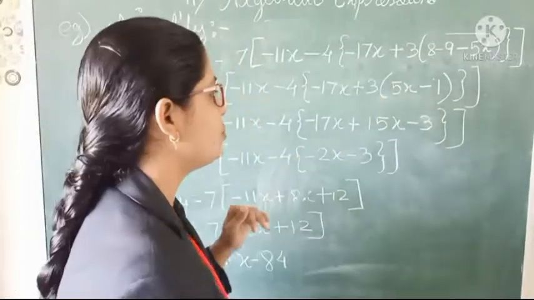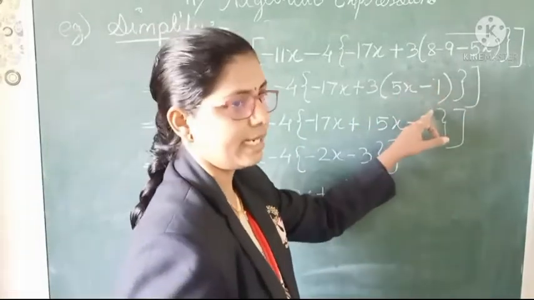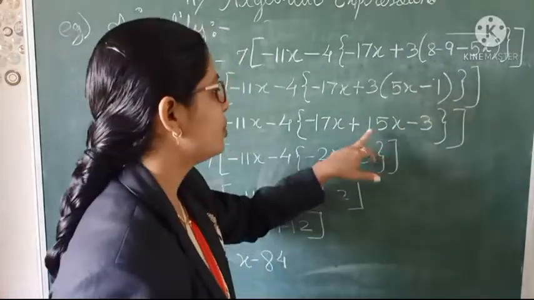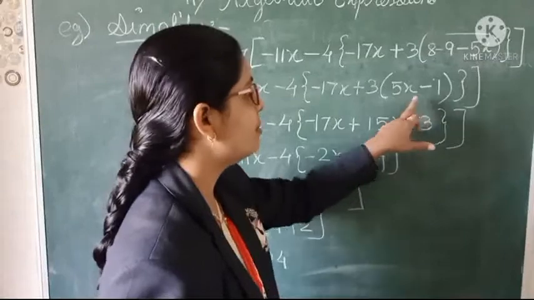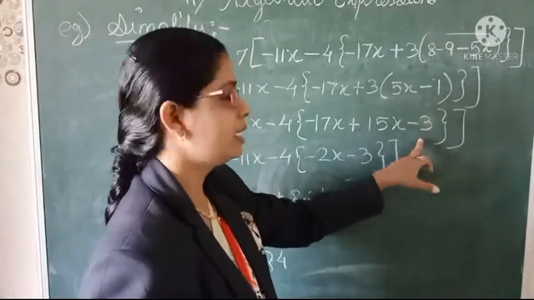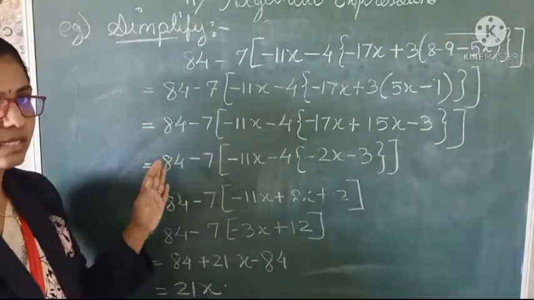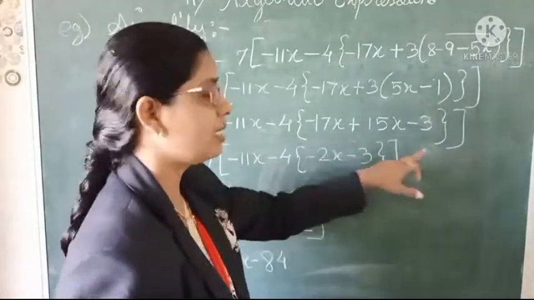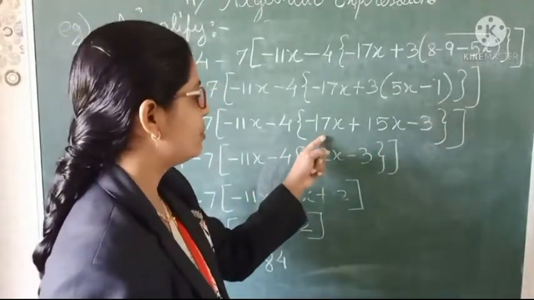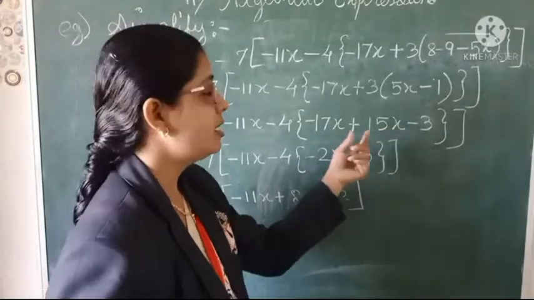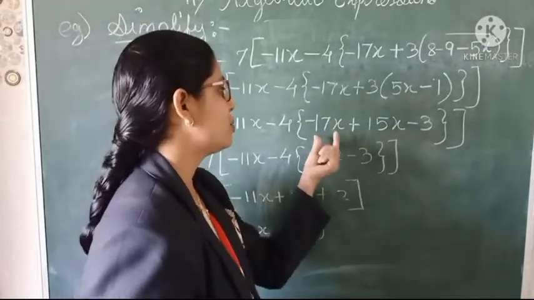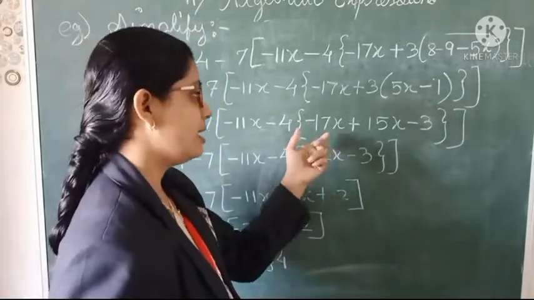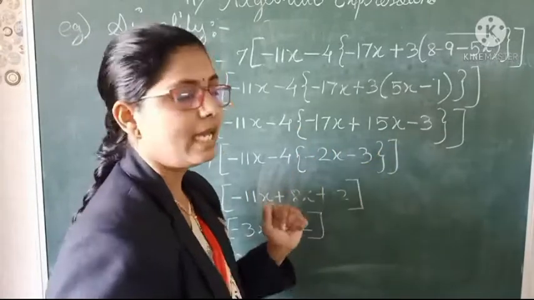After that we go to the next step, to remove the small bracket. To remove the small bracket, 3 will be multiplied to each term in the bracket. So it will be 15x minus 3. Okay, and all things we write as they are. Now the next step is to remove the curly bracket. To remove the curly bracket, we have to see whether we can do any calculation over there. Here we can see the variables are the same. So negative 17x and 15x is there, so it will be negative 2x, and minus 3 will be as it is.